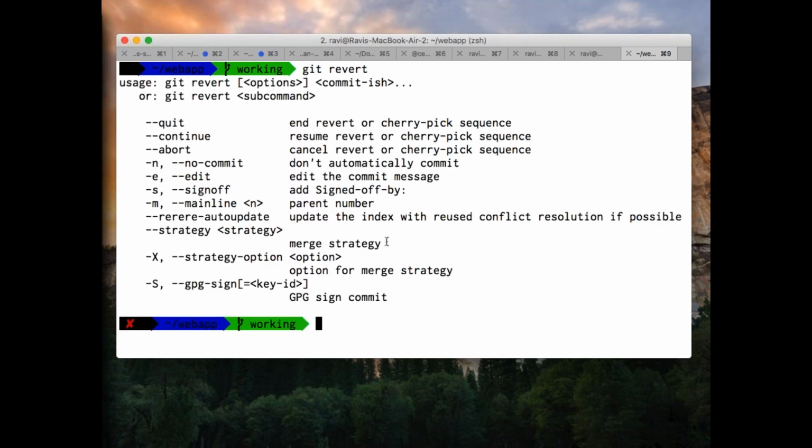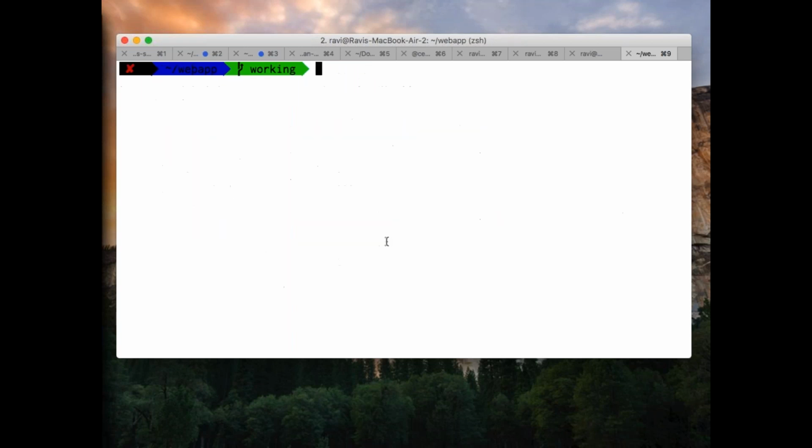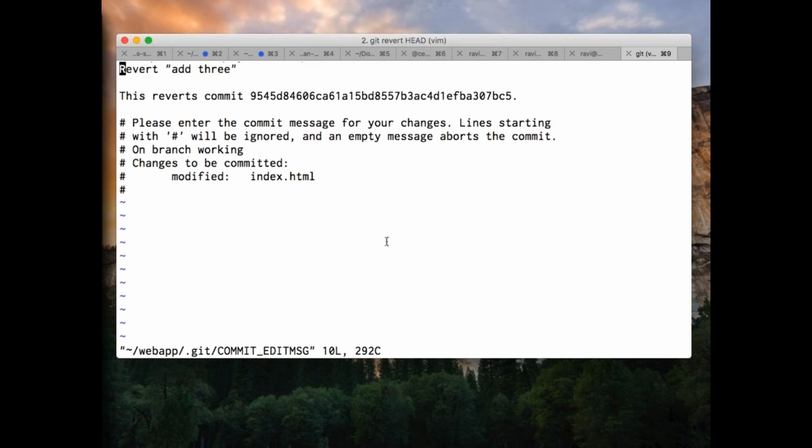If I say git revert, sorry, yeah. So I need to say git revert HEAD or the commit number. HEAD is mine. Where is my head generally? Latest commits. Right? Now if I do git revert HEAD, what does it say? So I did something called add 3. So it automatically went and said revert add 3. Do you want to revert that commit? Yes, I'll say save it.